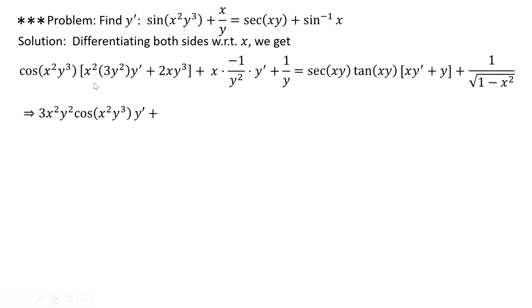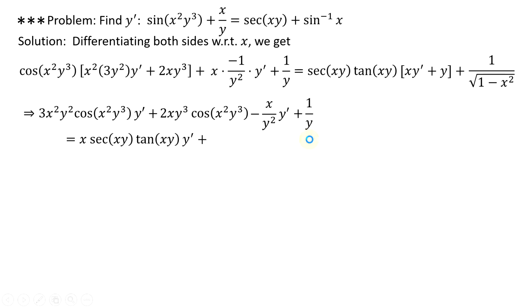So if I multiply this, then we get 3x squared y squared cosine of x y plus 2xy cubed. Man, I can't imagine I had that kind of patience. That's equal to